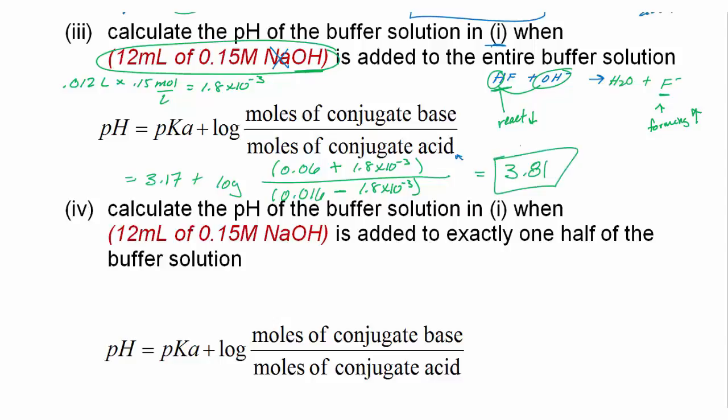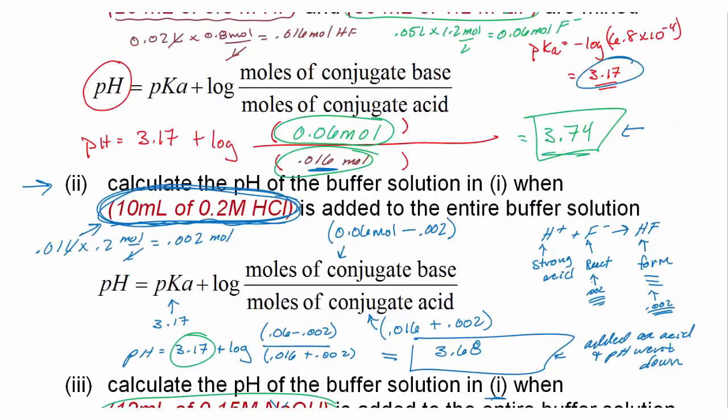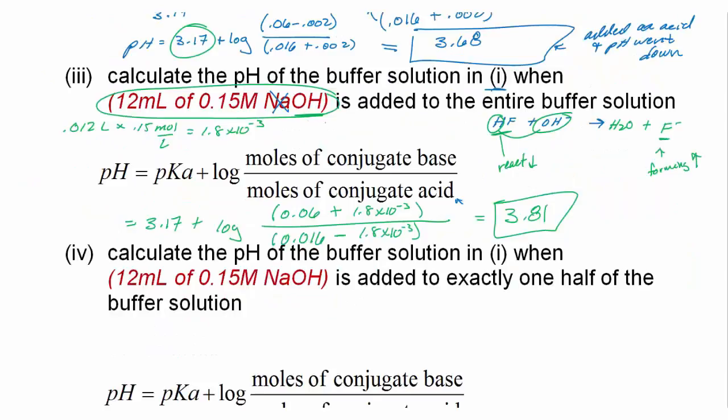Okay, so our pH should have gone up a little bit because we added a base. It was 3.74. Add some NaOH, it goes to 3.81. That's looking good. Okay, the last type of buffer problem